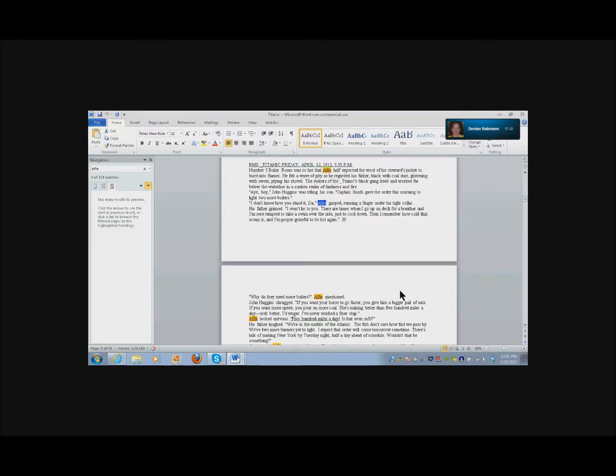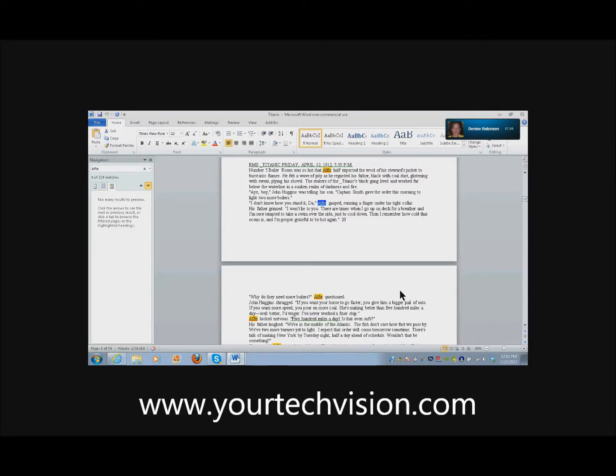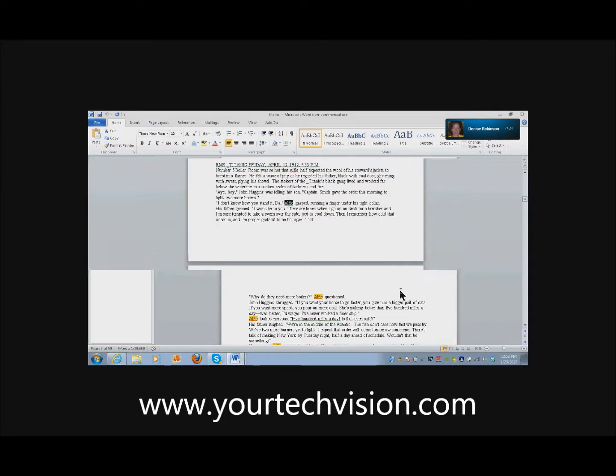Oh, well, looky there. Yeah, see how nice that is? He ran his finger under his collar. Exactly, and that's what we're going for. So you have to escape out of your find navigation window pane. And now,